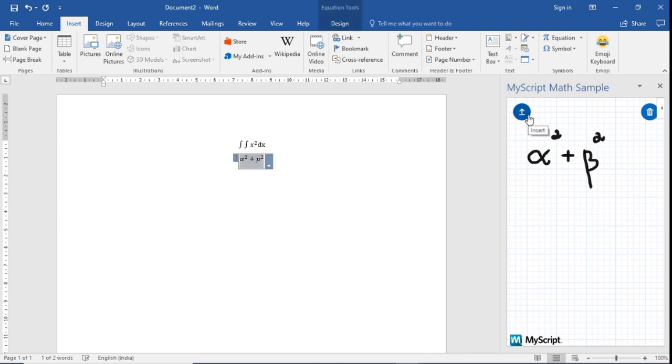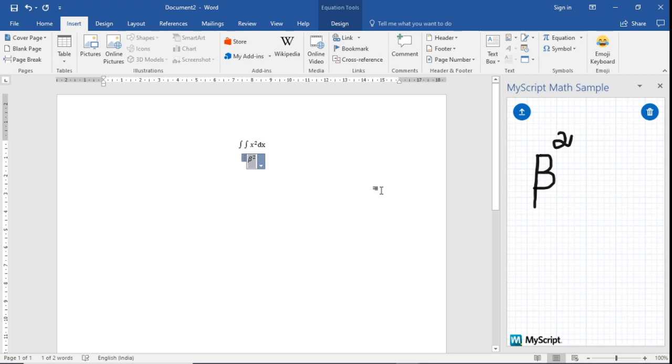Let me click on Insert. If you have written beta properly, it would have detected it, but I have not written this properly. So let me write beta properly. This is beta square. Now we can see that it has detected the word beta.